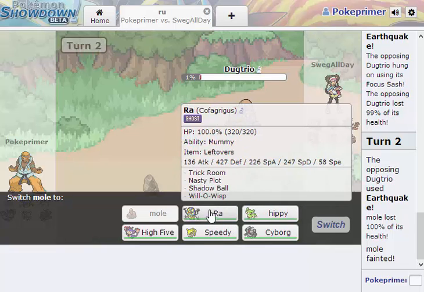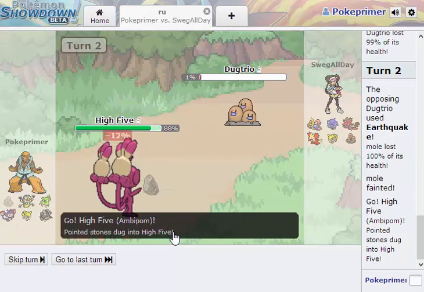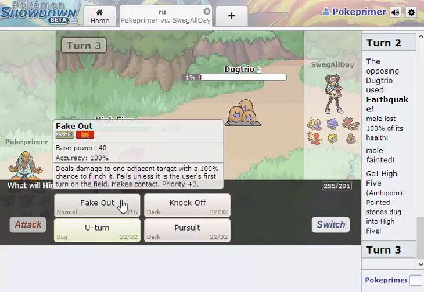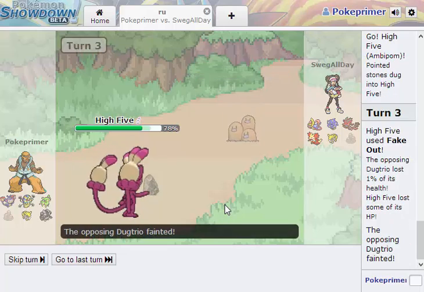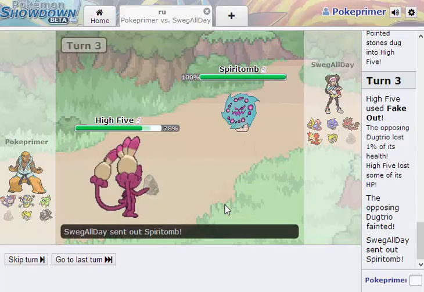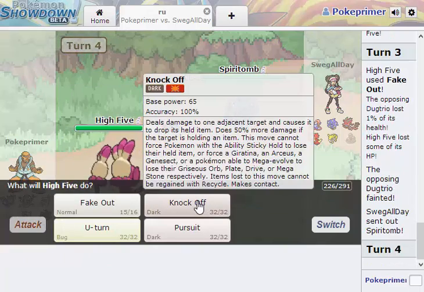Right, so I'm going to go into... I'm going to High Five and just fake this thing out, because I see no reason to do anything else but fake it out. My best option is faking it out. Honestly, the only thing I can do to this thing is...